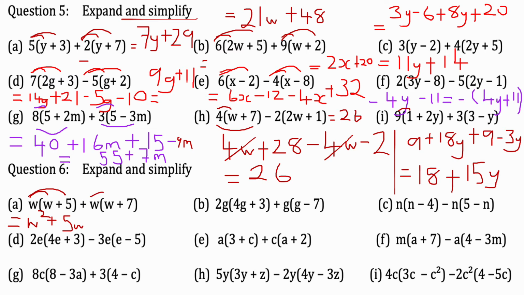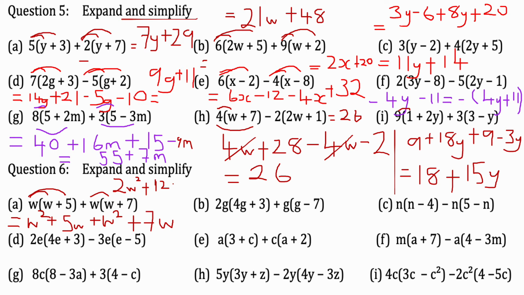W times w becomes w squared, and then w times positive 7 becomes plus 7w. Collecting my like terms, w squared plus w squared goes to 2w squared, and then 5w plus 7w goes to plus 12w. So your answer